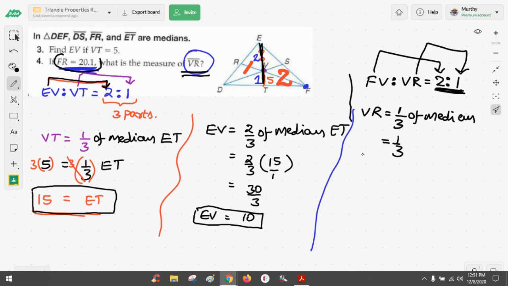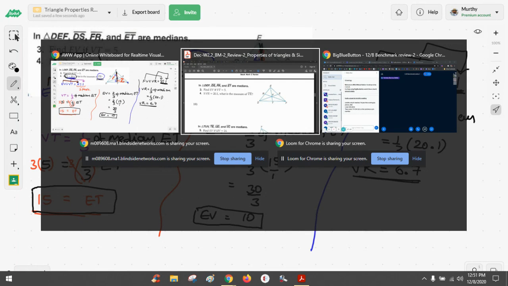The median length is given as 20.1 units. Therefore, 1/3 of 20.1, you may grab a calculator, 3, 6, 18, you should get 6.7. That's the length of VR. So this is easier than the previous example. Okay, so that's it from me for